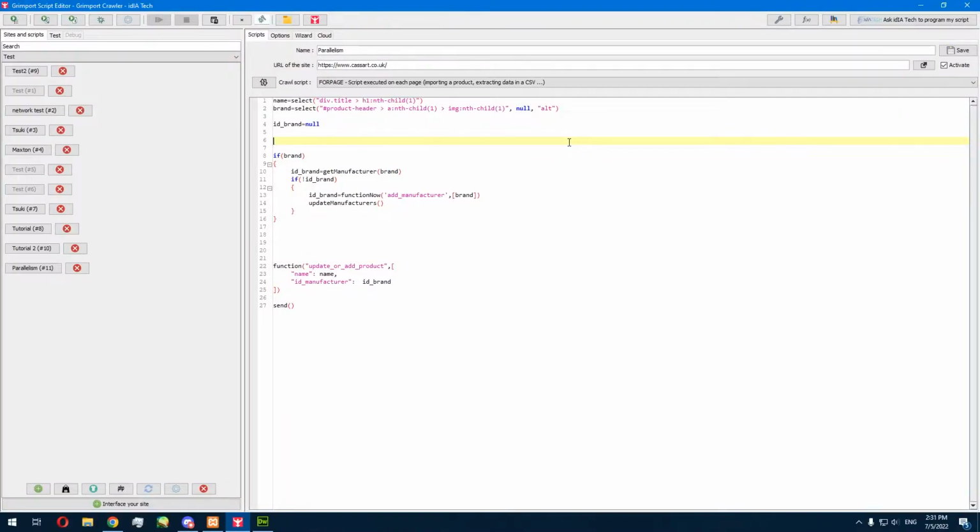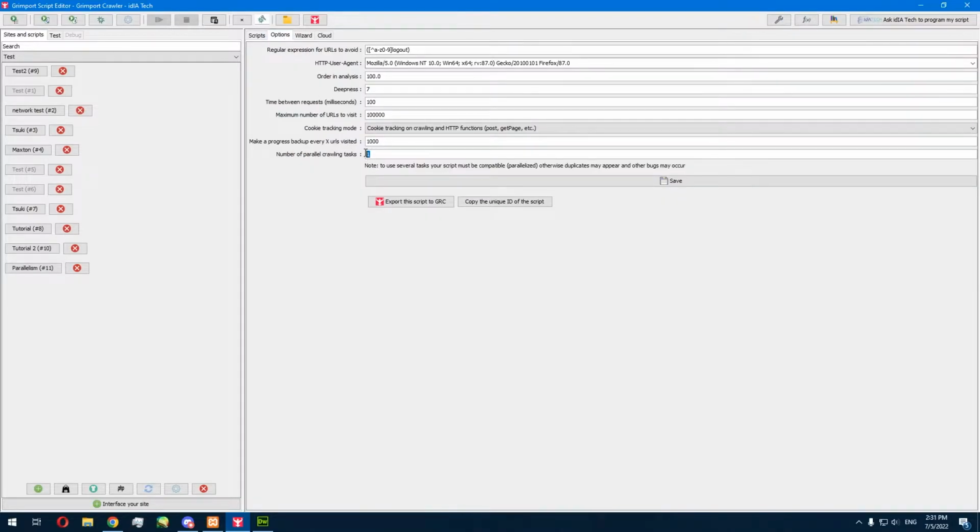Hello everyone, today I'm going to be teaching you how to use parallelism in Grimport. So the first thing you want to do to make sure that you're running a parallel script is to change the number of parallel crawling tasks from the default 1 to something that's superior to 1. So we're going to choose 6, and this means that 6 threads are going to be executing themselves at the